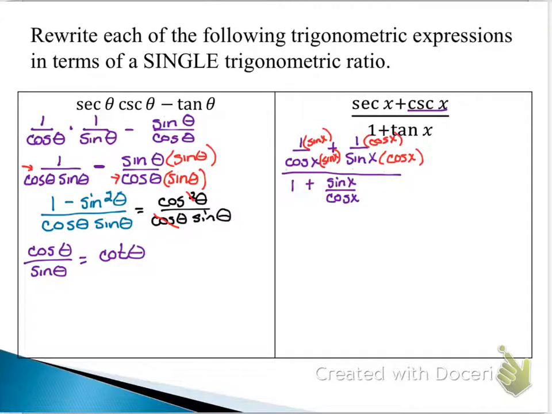All right? So on this one, in the denominator, if I put this over 1, well, I have cosine right here. So I've got to multiply cosine here and cosine here. I know I'm not using the x. The whole point is for you to see what needs to be done to get the same denominator. Okay? And so now we have sine x plus,